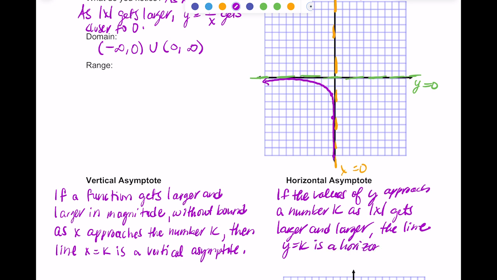So again, an asymptote is just a line that a graph approaches but doesn't necessarily pass through. And here we're talking about this horizontal line that the graph's getting really, really close to but is not passing